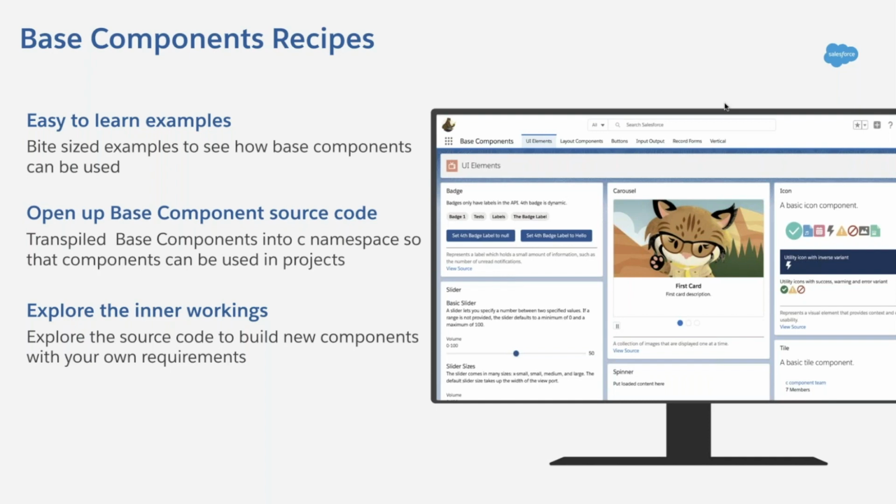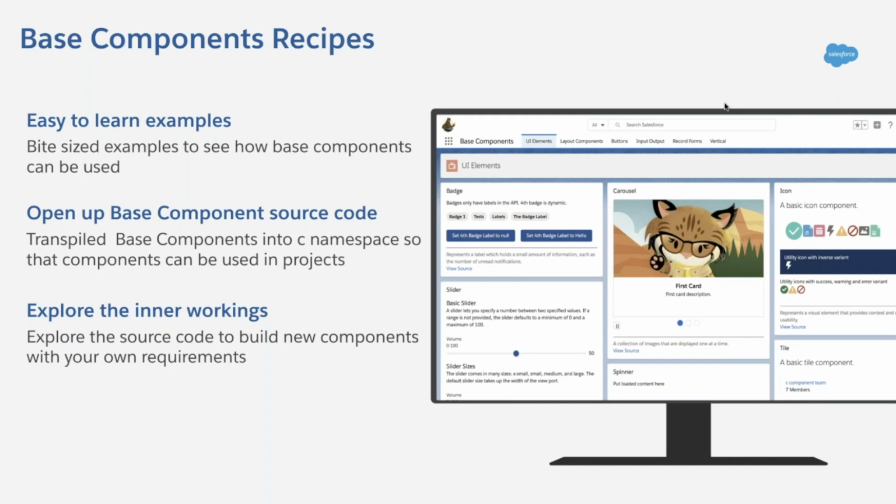All these examples are bite-sized, easy to learn examples, and you can see how they can be used for different kinds of scenarios, whether it's about using the user interfaces, or how data can be exposed to the base components. We have examples for each of these things.